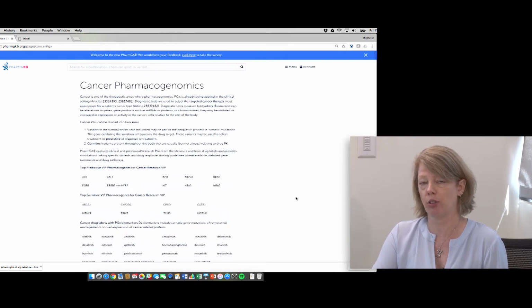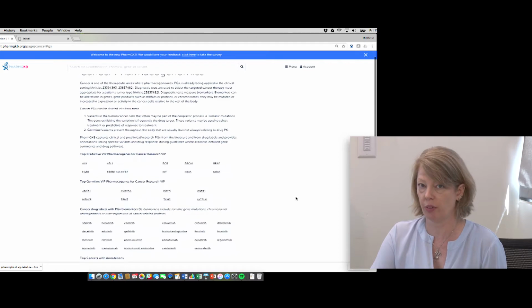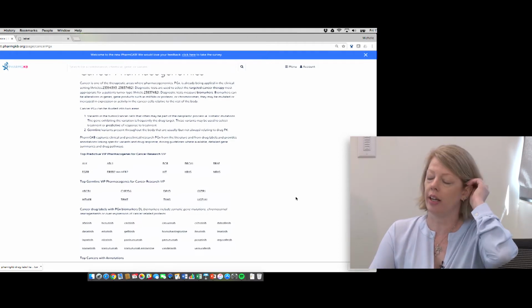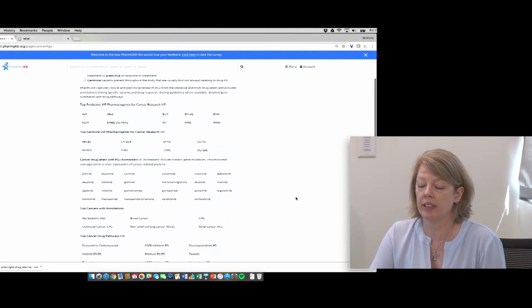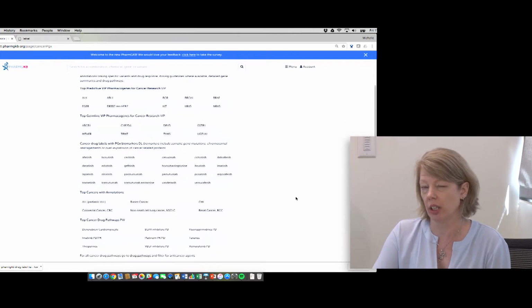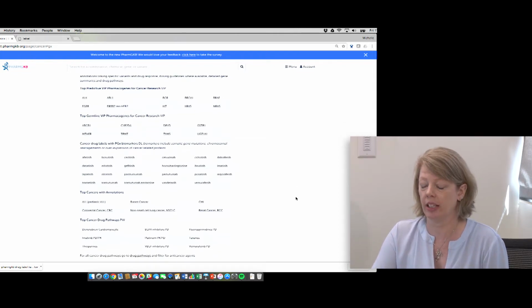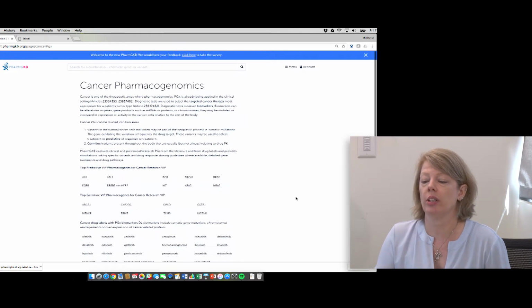PharmGKB does not focus on cancer pharmacogenomics per se, especially somatic cell mutations. There are other resources that focus on that. But PharmGKB does have some information on the pharmacogenomics in those cases, specifically drug labels with that kind of information on it. And then, of course, we also have